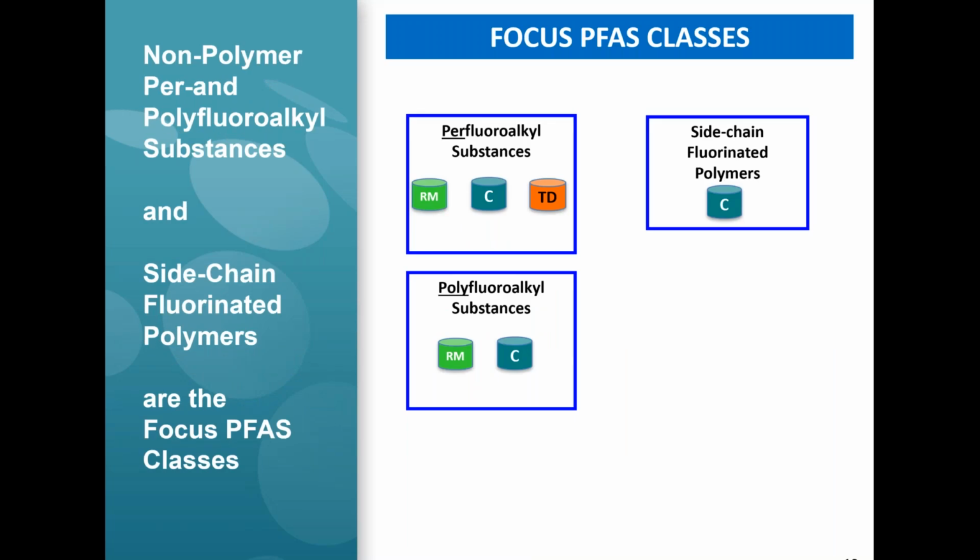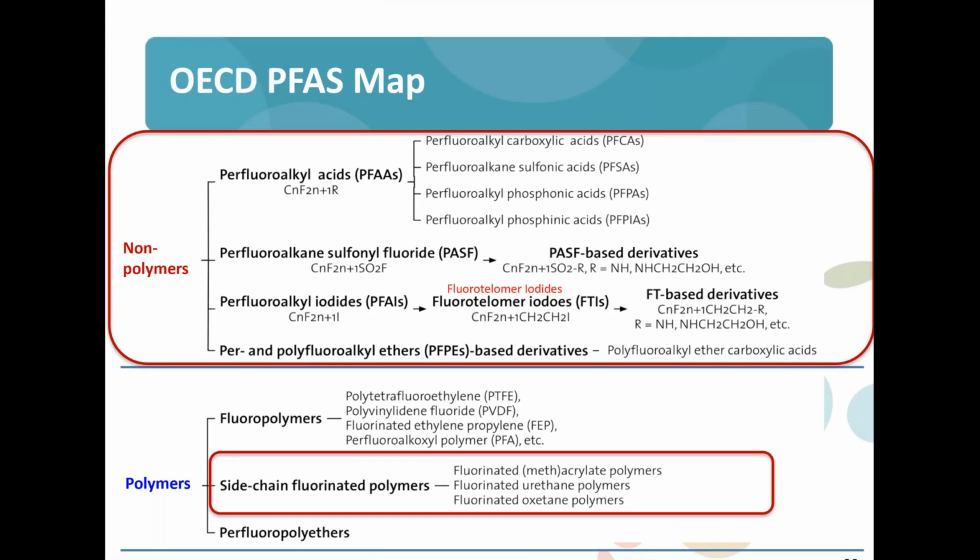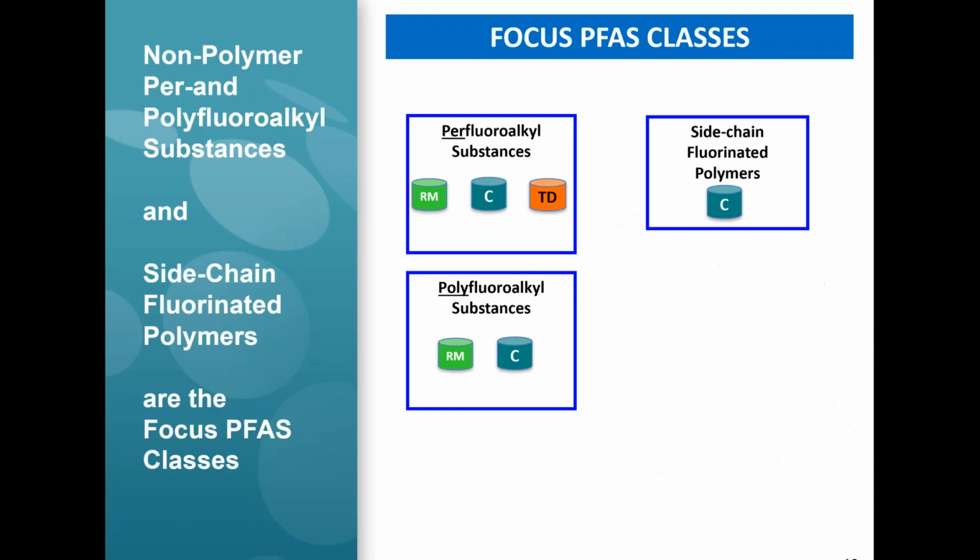So let's pull this back up. So these are the classes of PFAS that are really the ones to focus on. What we want to do now is, we're asked, because I know a number of you have read the subsequent publications, the OECD work group published some work with a different picture than this one I've created thus far, with the 5 different classes to identify the framework or map of PFAS. So what I want to do is identify these focus classes on the map that the OECD put forward, and that's on the next slide.